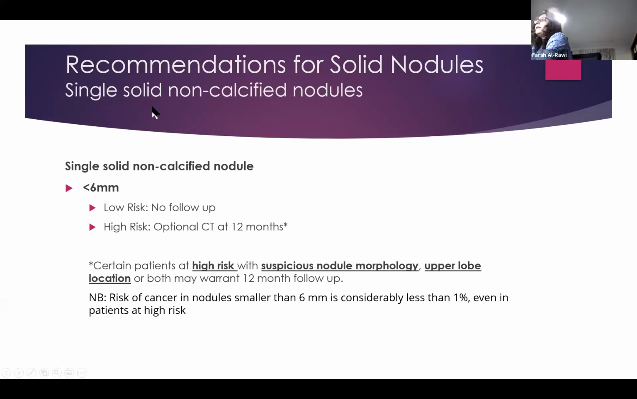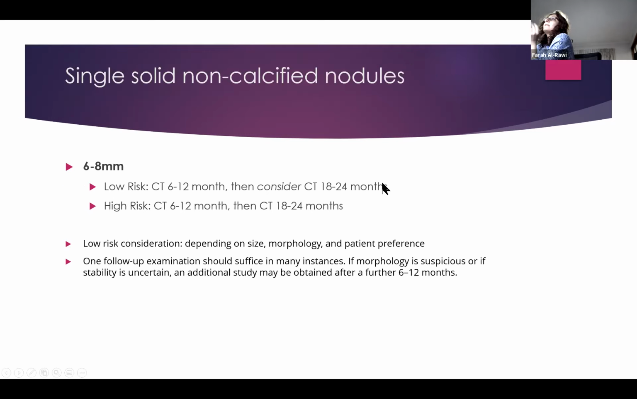why we do it. They classify the nodules basically into two types. They are either solid or subsolid, and then for each category, there's either single or multiple. So the first ones are the solid nodules. If it's less than 6 millimeters and the patient is low risk, then we don't follow up. If the patient is high risk, then we can do an optional CT at 12 months. And high risk, usually, is if the nodule itself has suspicious margins, or it's an upper lobe nodule, or